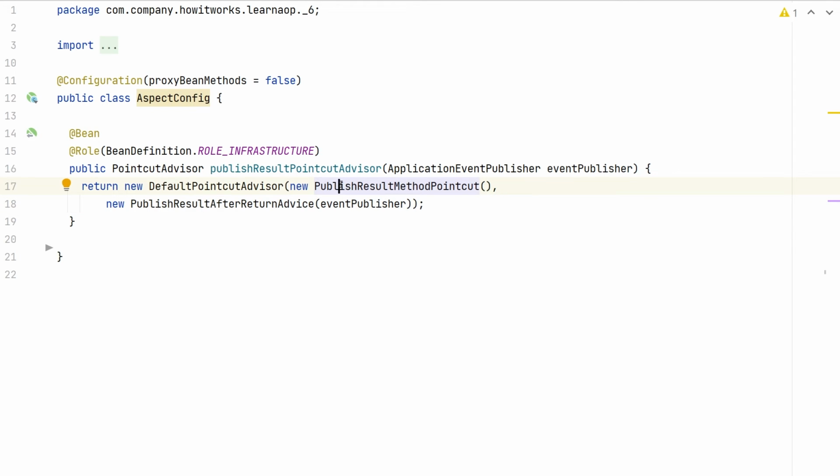So you need to gather all those together in something called a pointcut advisor, and this pointcut advisor should be added to the context so that Spring understands that you specified the aspect and will use it. So we use the DefaultPointcutAdvisor, which just takes the pointcut and the advice. And again, since it's a bean, we could autowire here the application event publisher and pass it as our dependency